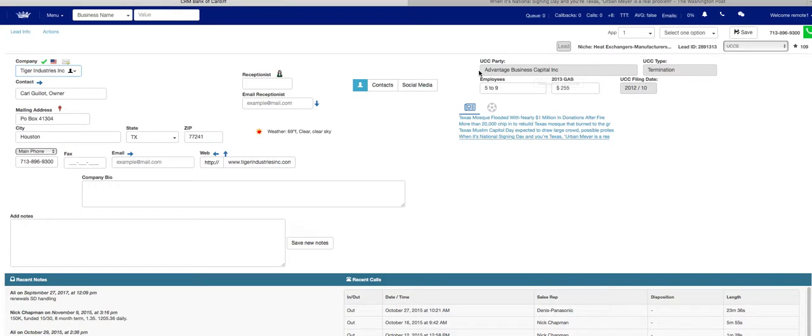So right here is letting us know which financial entity they worked with before. As we can see here, we see 2012, the year when the UCC was filed. And this actually lets us start a conversation or even ask questions about what type of product they got, if they used capital, if they used equipment,